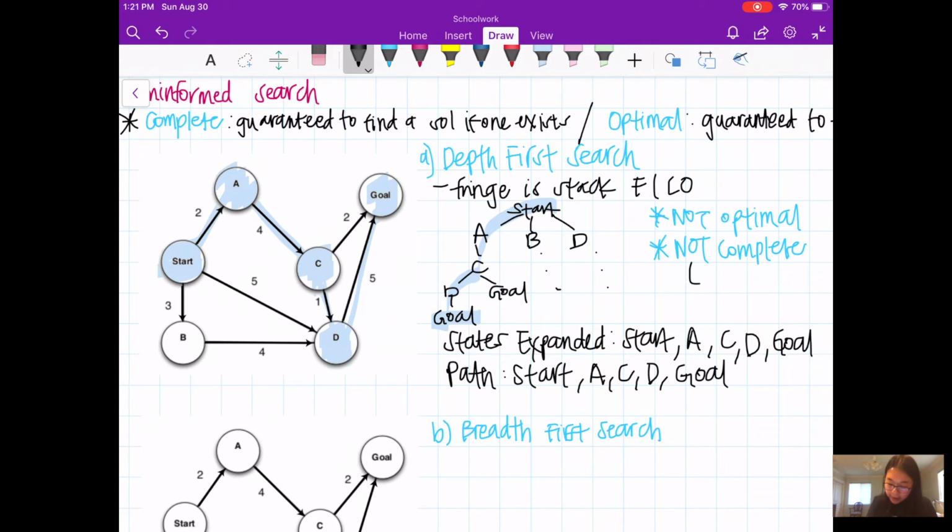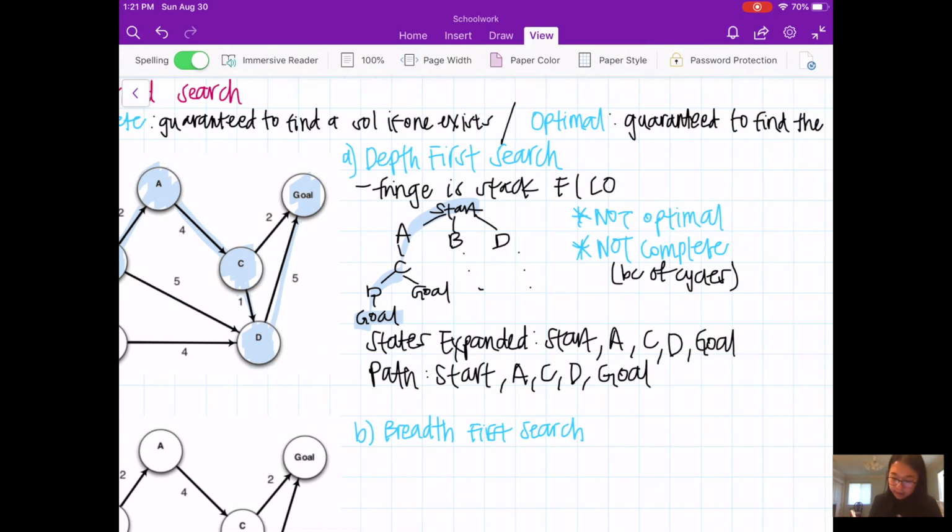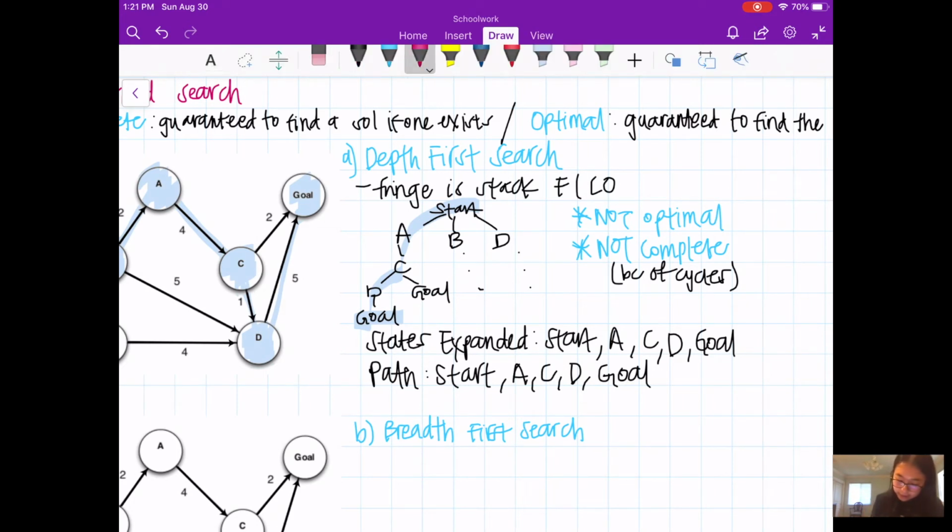And that's why depth first search is not always complete. It's only complete if you can guarantee the graph has no cycles. Cool. So yeah, that is depth first search, and this is our solution that we got.